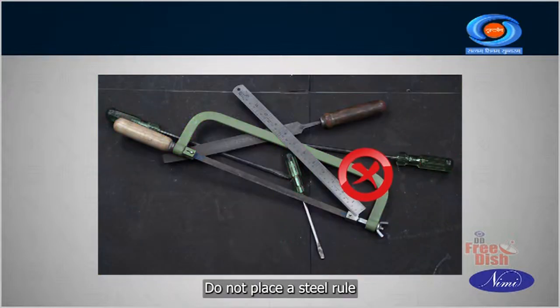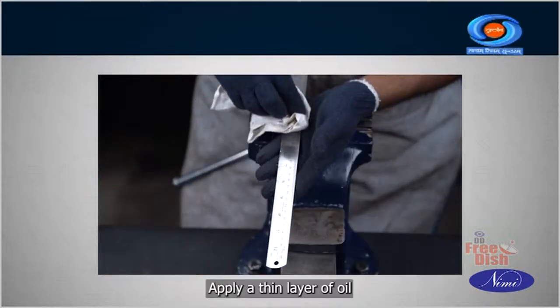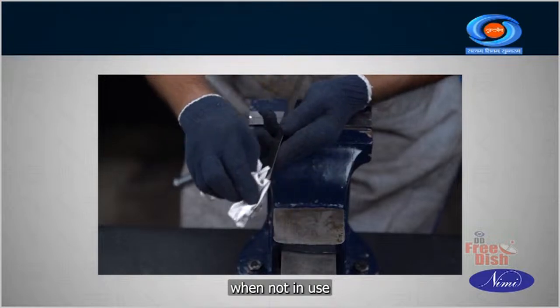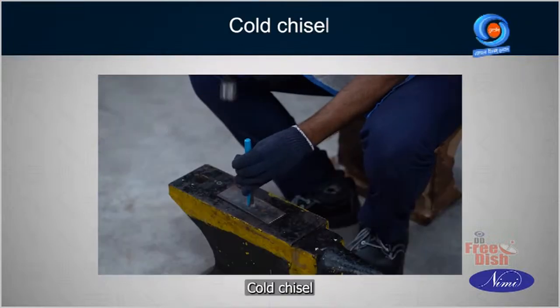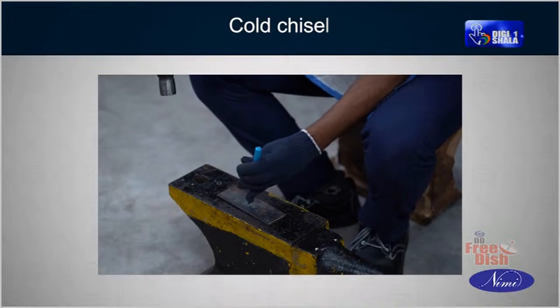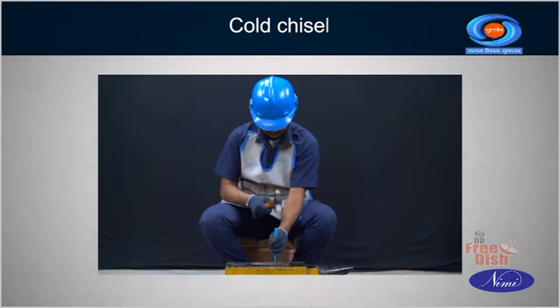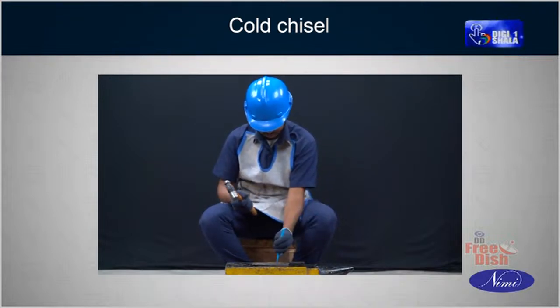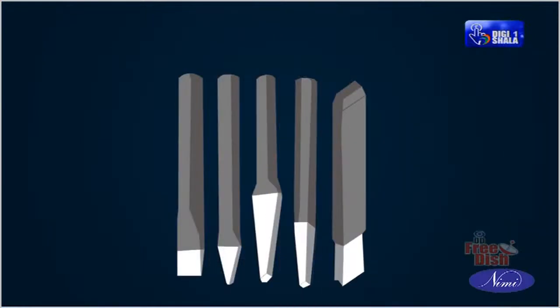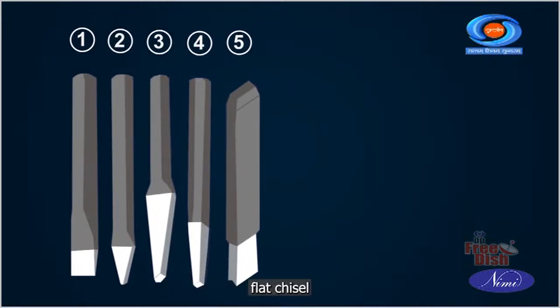Do not place a steel rule with other cutting tools. Apply a thin layer of oil when not in use. Cold chisel. The cold chisel is a hand cutting tool used for chipping and cutting off operations. Common types of chisels. There are 5 common types of chisels: flat chisel,